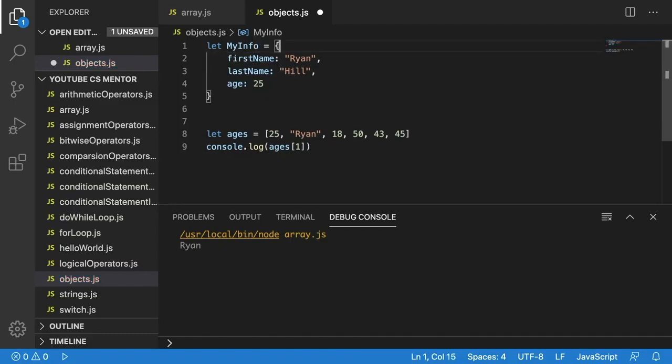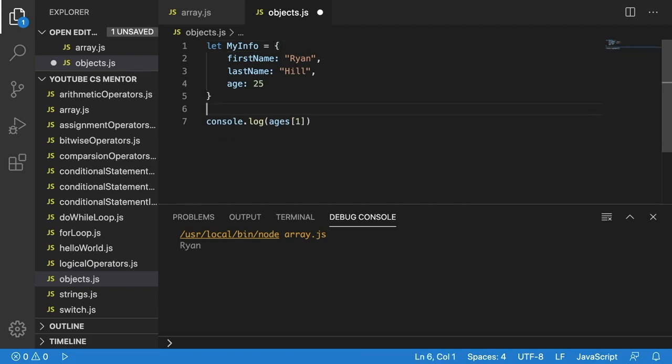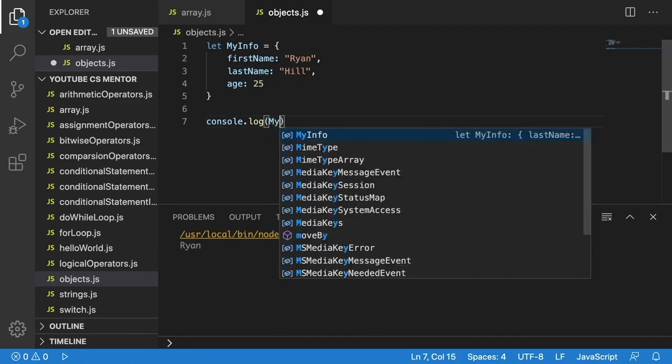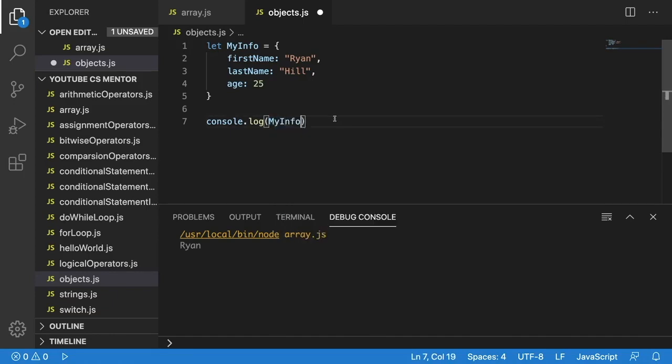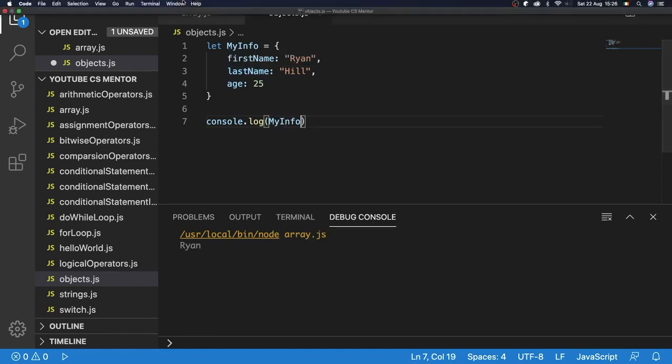So I'm going to get rid of this, and I'm going to also get rid of this here because we don't need this because this is an array. And now we're going to console log myInfo. Okay, so I'm going to keep the console log, but I'm going to get rid of the ages. So now I'm going to type in myInfo, and now if I go and run this, I can see that